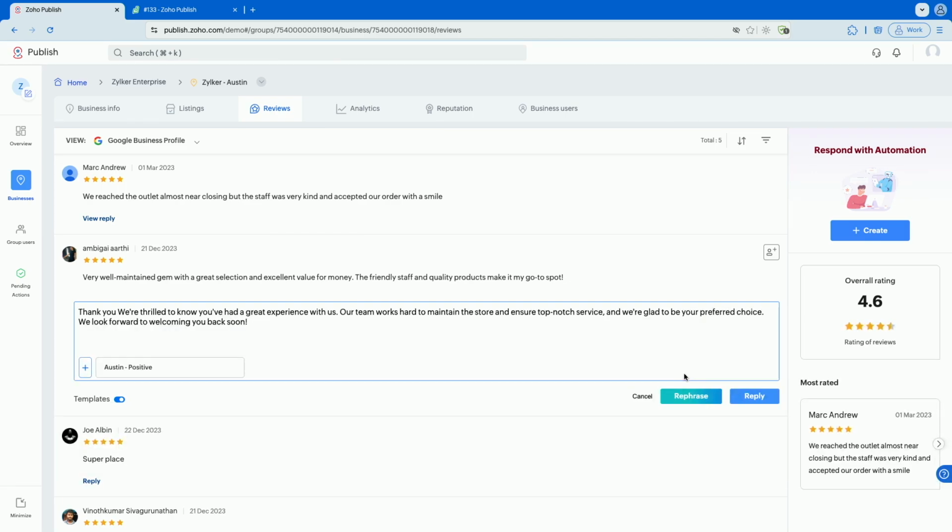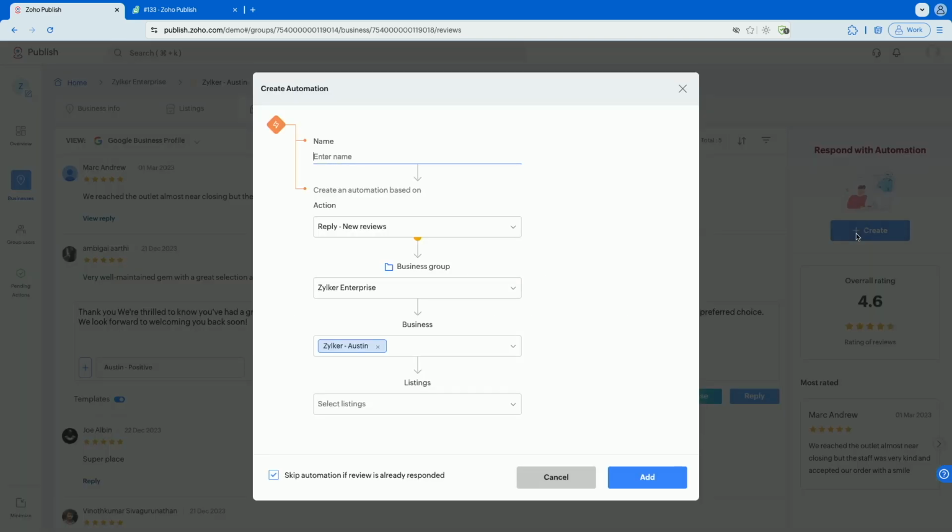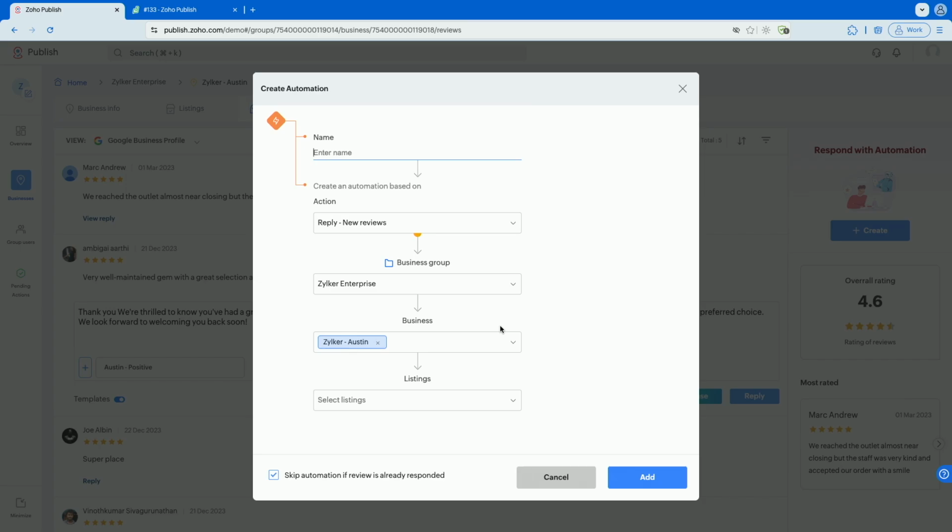I personally believe that you have a lot of work to do in terms of expanding your business or even the revenue. We have an automation feature that takes care of responding to those reviews. You can create an automation on Zoho Publish saying if you are getting a negative review, assign a review response template that was created by your content marketing team, and you can enable this automation within Zoho Publish. So as a business owner, you don't need to worry about responding to those reviews because Zoho Publish automation does it for your business.